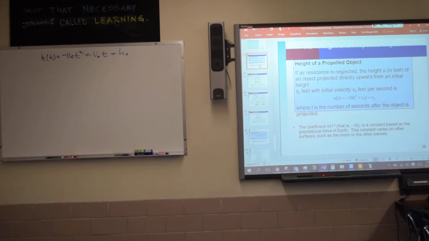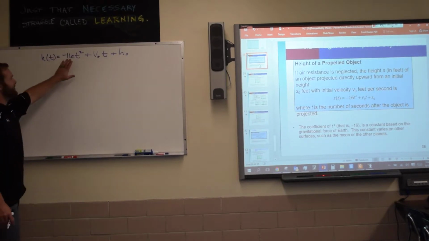What we talked about in that video from yesterday, I kind of explained where that negative 16 comes from. It's the gravitational acceleration, or the acceleration due to gravity. And on Earth, it's different than what it is on the Moon and that kind of stuff, right? Okay. And even at different spots on Earth, it's different. The higher I am in the mountains, it's different. If I'm in a valley, it's a little bit different. Okay. But roughly negative 16 t squared